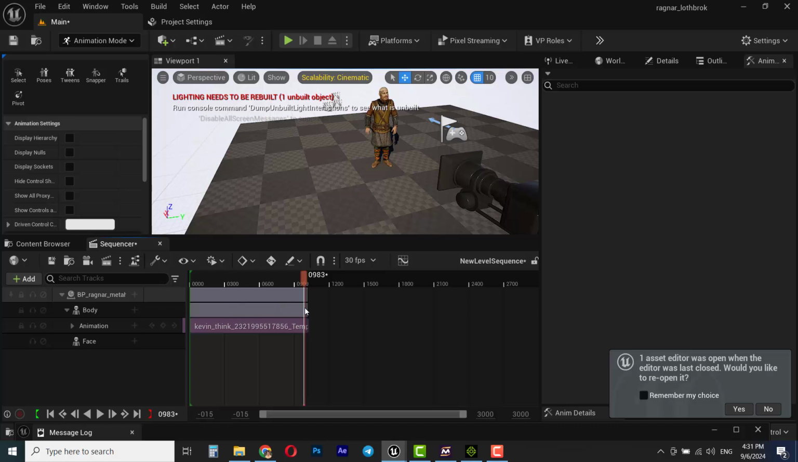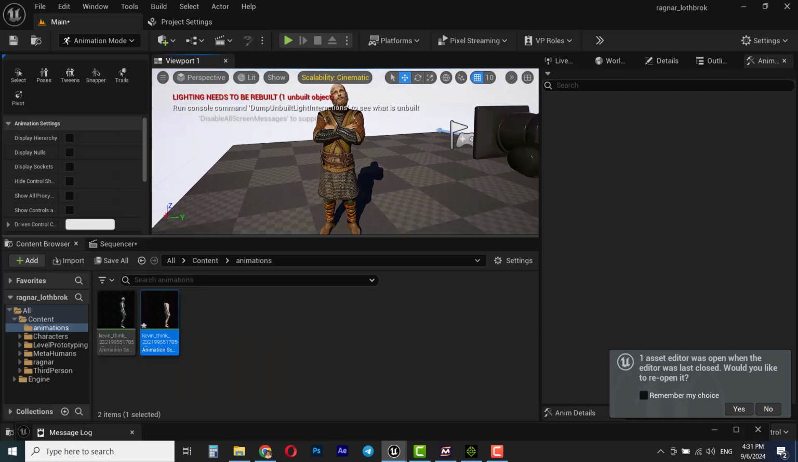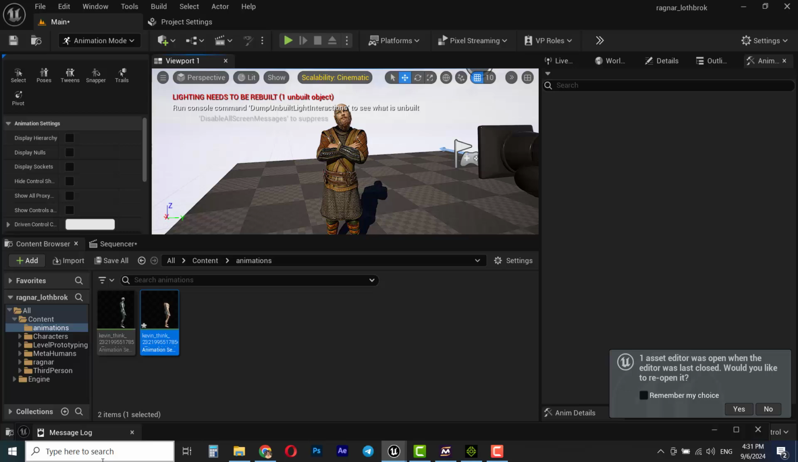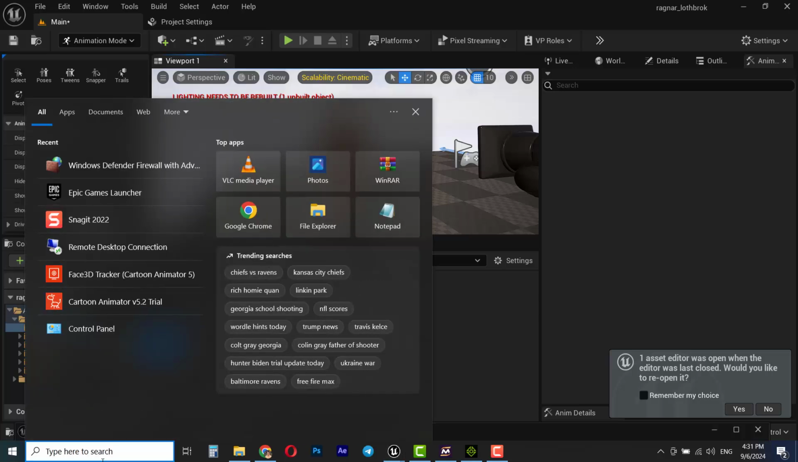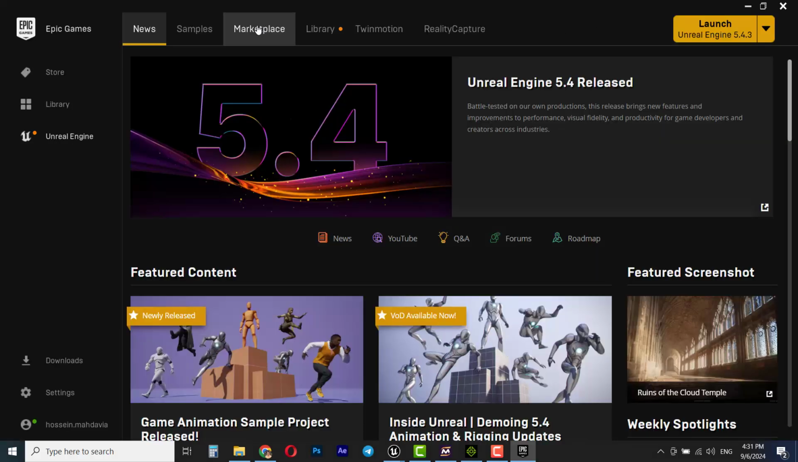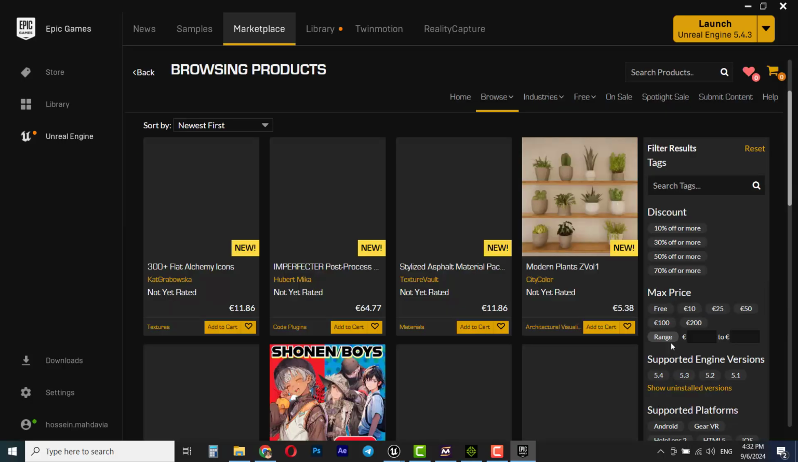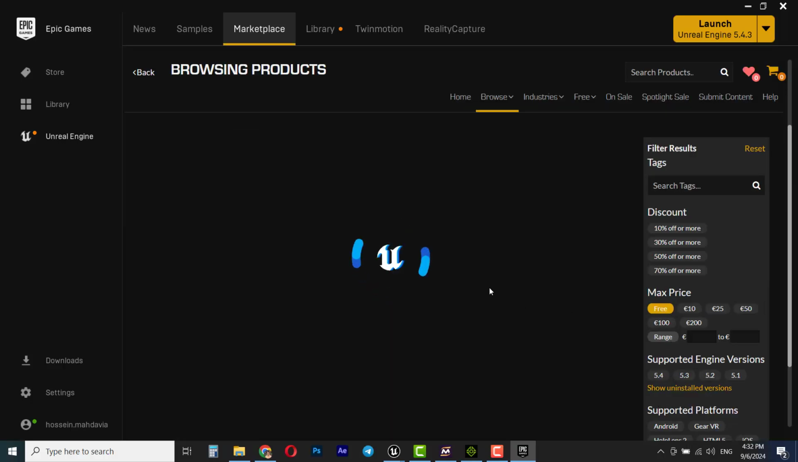And this way you can transfer the iClone animation to Unreal Engine and put it on MetaHuman. It doesn't matter what kind of character you have. For example, I'm going to download another character from Epic Launcher and retarget the iClone animation to that character. Go to Marketplace and click on Browse and filter the free one